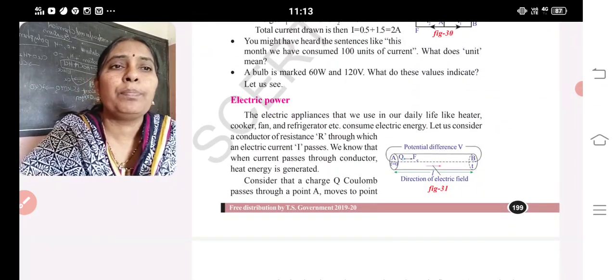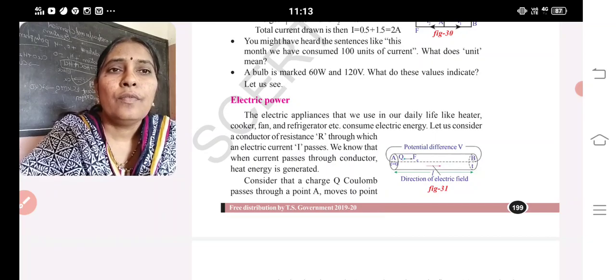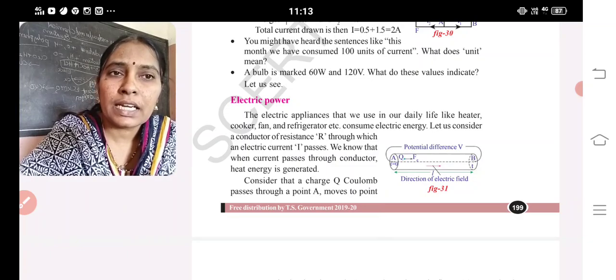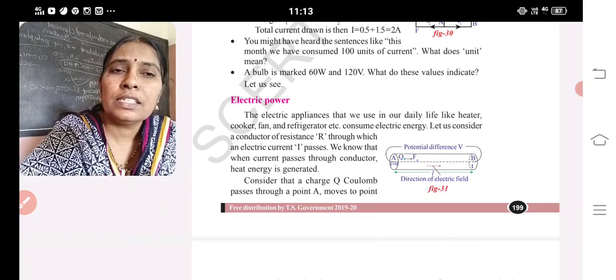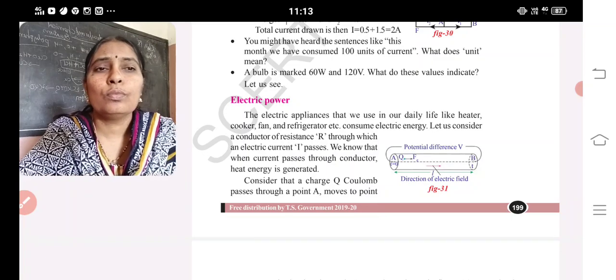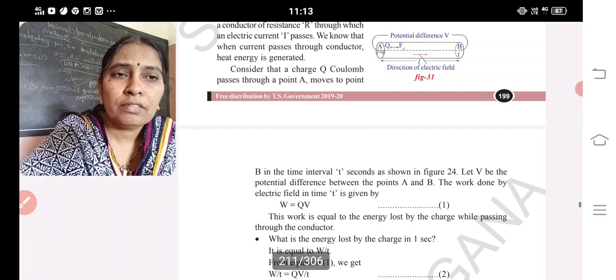Now, electric power. The electric appliances that we use in our daily life, heater, cooker, fan, refrigerator, consume electricity. Let us consider a conductor of resistor R through which an electric current I passes. We know that when a current passes through a conductor, heat energy is generated. Consider that charge Q coulomb passes through a point A, moves to a point B in the time interval T